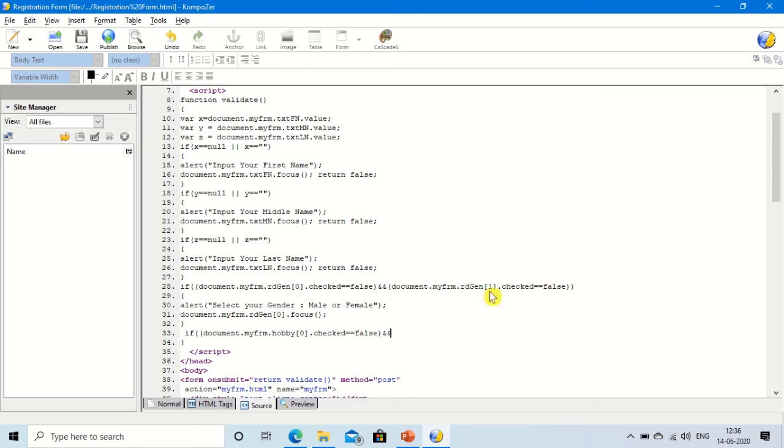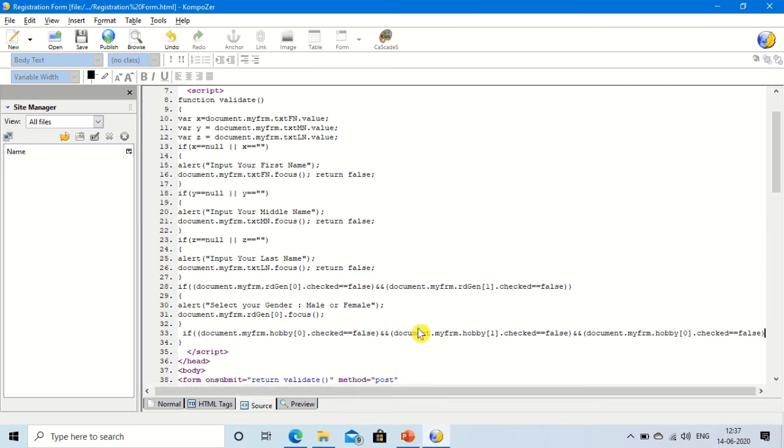So use the AND operator and just copy and paste and change the index value. Here you give 1 and this is for the second. Again we have to validate for third. So just copy and paste and make some changes.